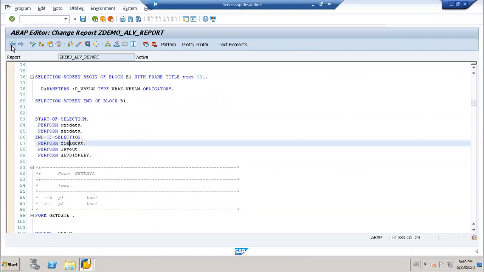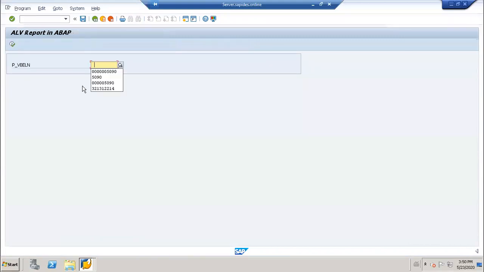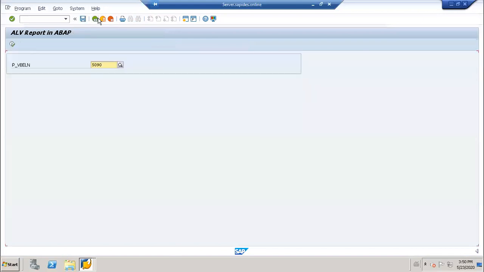Then I will go to layout. Layout, I will prepare this layout. Okay. Here, zebra means this will give you the different patterns, like this pattern you are getting, right? This ALV has different patterns. So this is called zebra pattern.